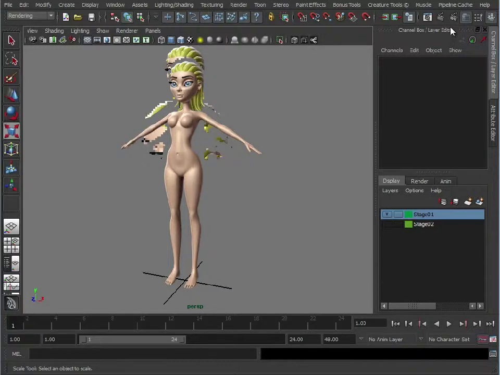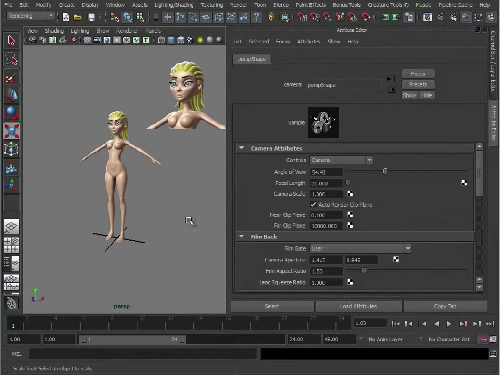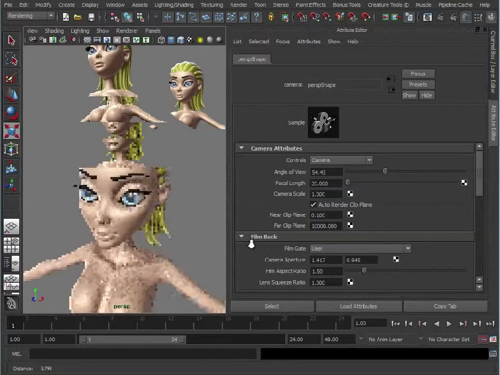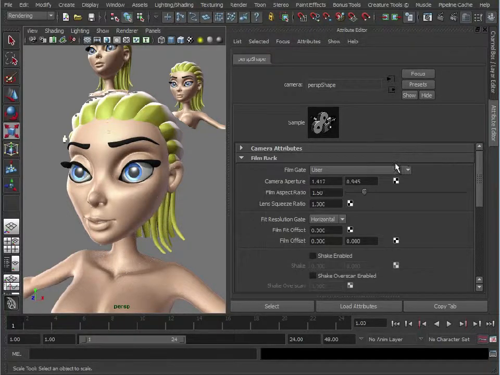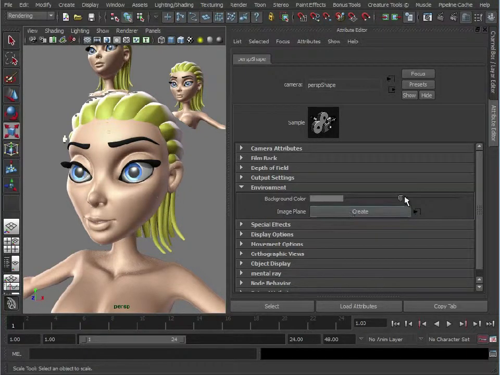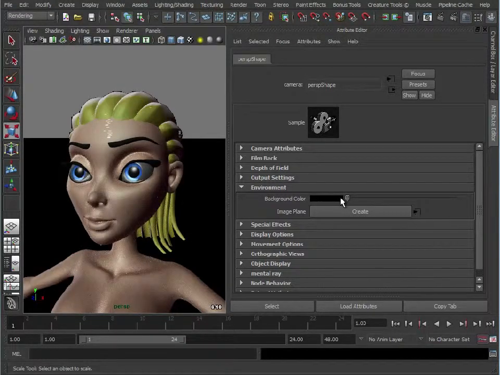And because I have final gather enabled in my render options, if I just open up my camera attributes and zoom in like this, you'll notice in the eyes we have actual real-time reflections as well. Go down to our environment. So the lighting in this scene is basically the default lighting and the background colour, which is acting like an ambient light. If we drop that down, you see the shaders do have some ambience on them,